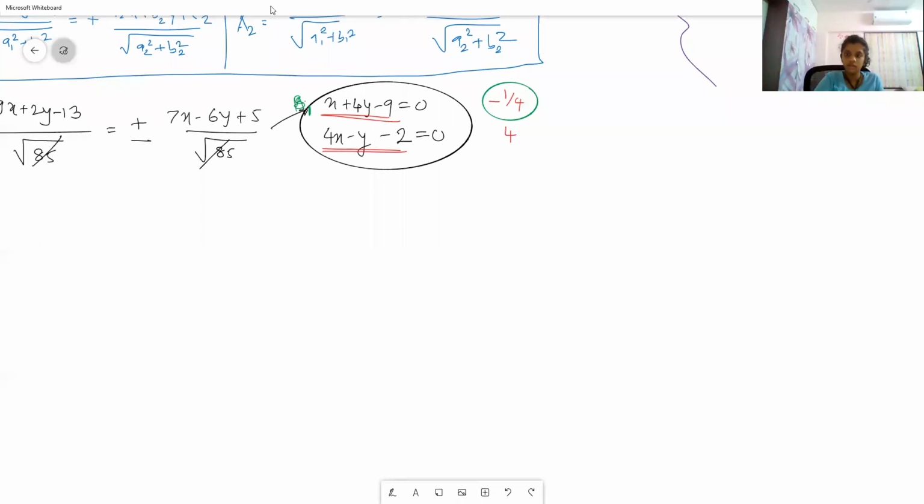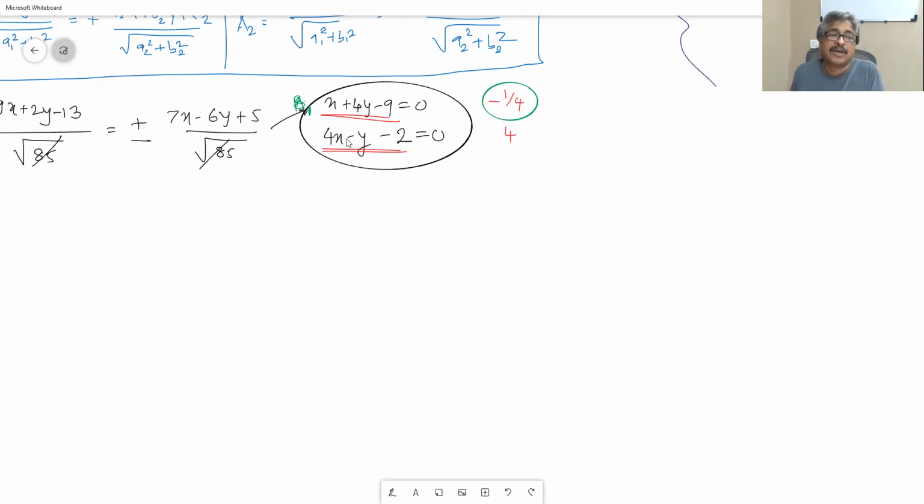Sir, in the coordinate geometry questions you had sent, there was one question where we had to find an angle bisector, and it was stated that we had to report the equation of the bisector which contained the point (1, -3). So we just have to check. Yes, that is easy. If a point on the bisector is given, it is the easiest problem. You just substitute and check. Yes, you have to substitute that point in these two equations, and see whichever satisfies it.